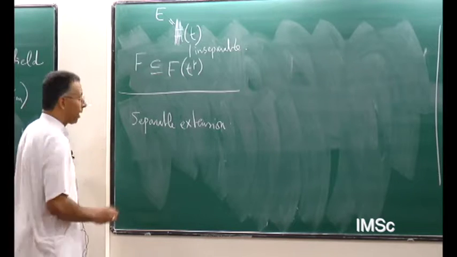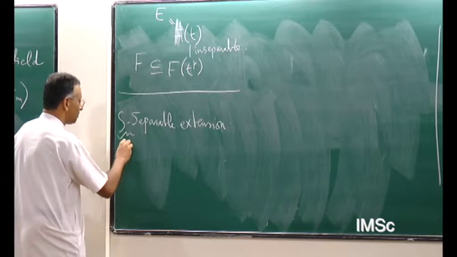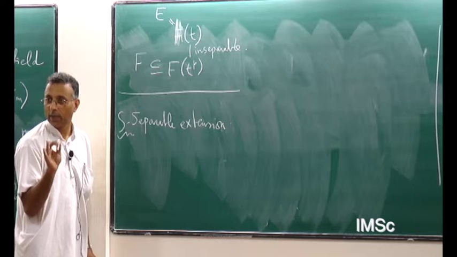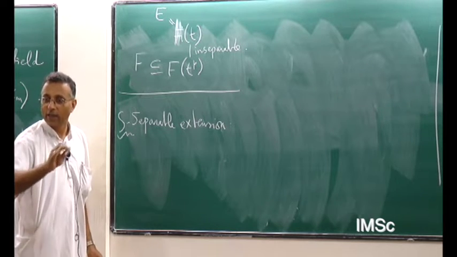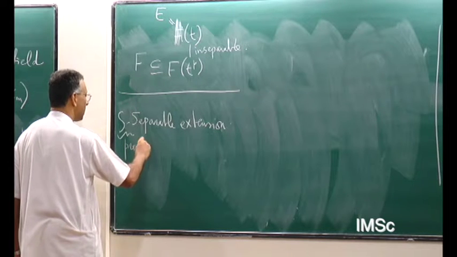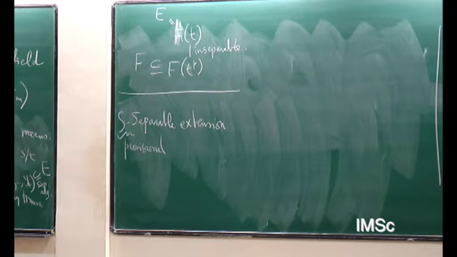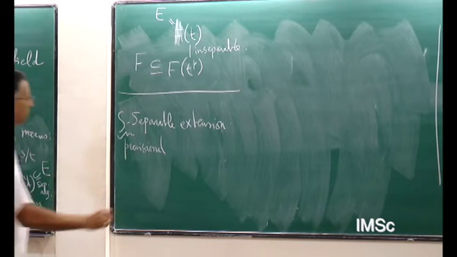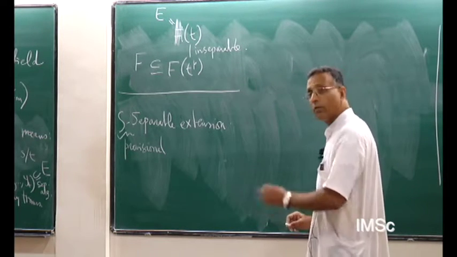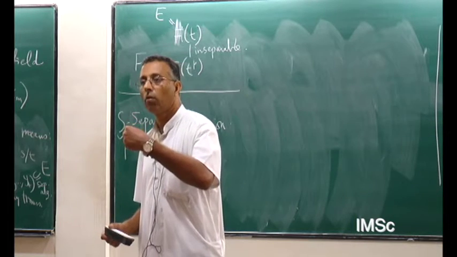So I want to call it S separable, for this is a provisional terminology, right? After you are done with the section, you can throw the provision out. So this is provisional. S for Springer. So he's giving this definition, which is equivalent to saying,